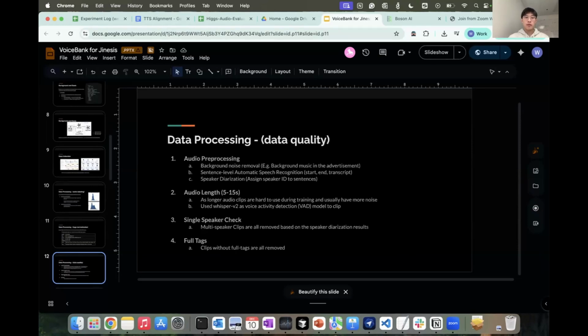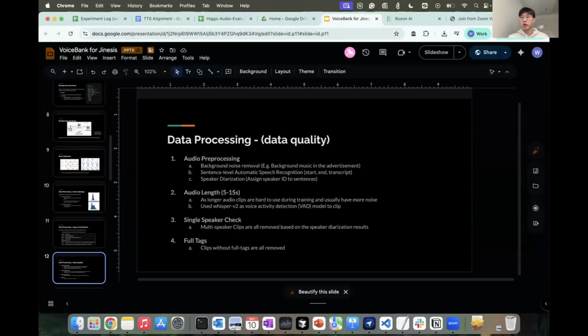And after that, we also wanted to make sure of the data quality of the data sets, right? So we have done lots of processing steps. For example, we remove all of the background noises, because from the source websites, all of the demo voices are probably for entertainment or advertisements.